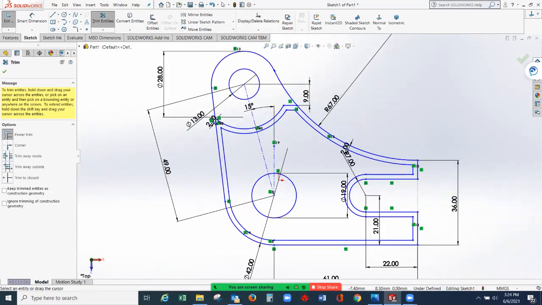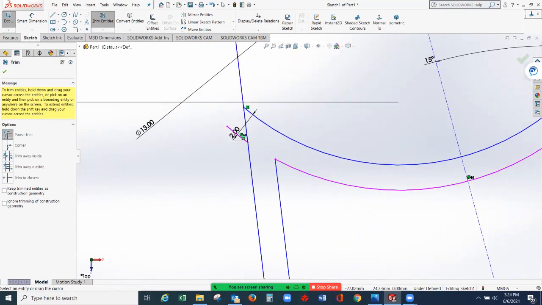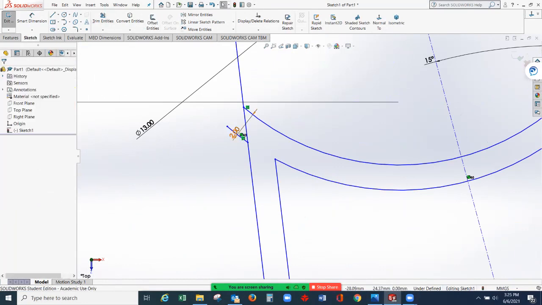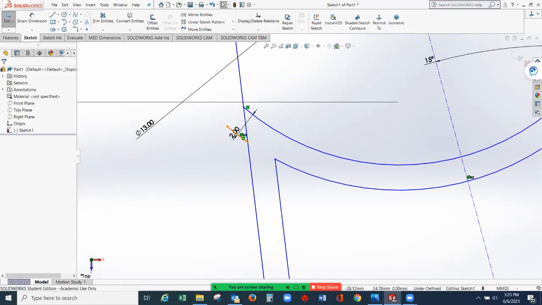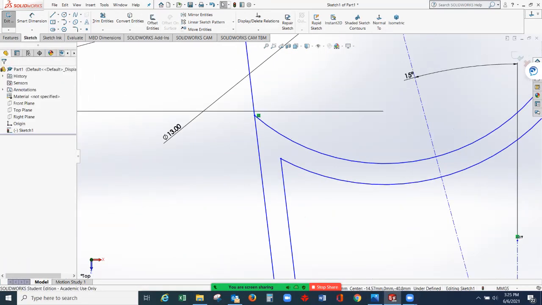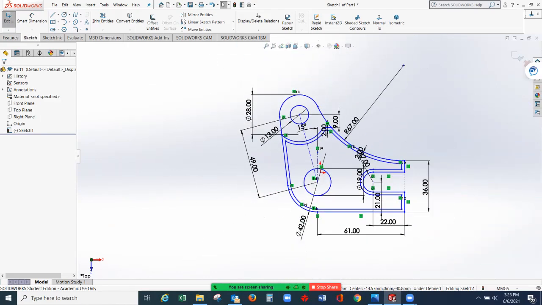And that's it. So we can delete some of the parts. If you want to zoom in or zoom out your drawing, I'm using my mouse wheel button. Select the green check mark. This excess line you can select and press delete on the keyboard. Okay. So everything is completed on this part.